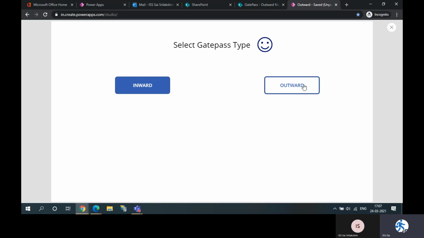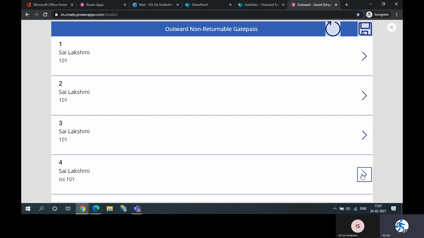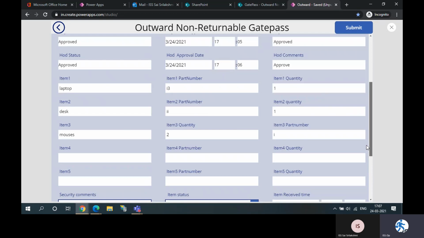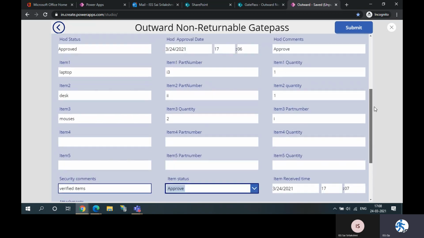The moment the material reaches, the security can verify it, and he can hold it back or clear it. If the material is correct, he says verified and cleared, approves, and then clears the material.